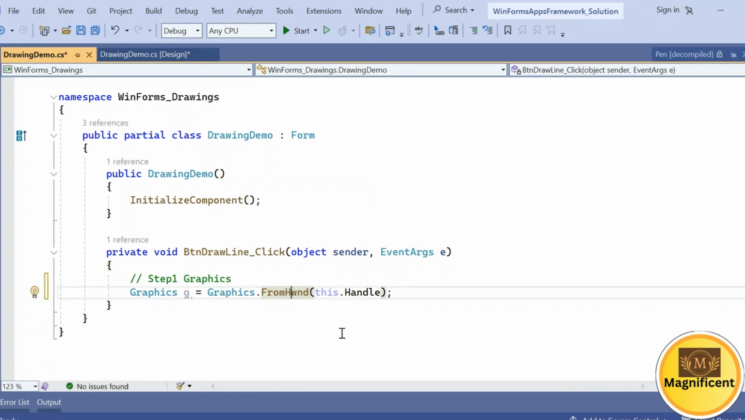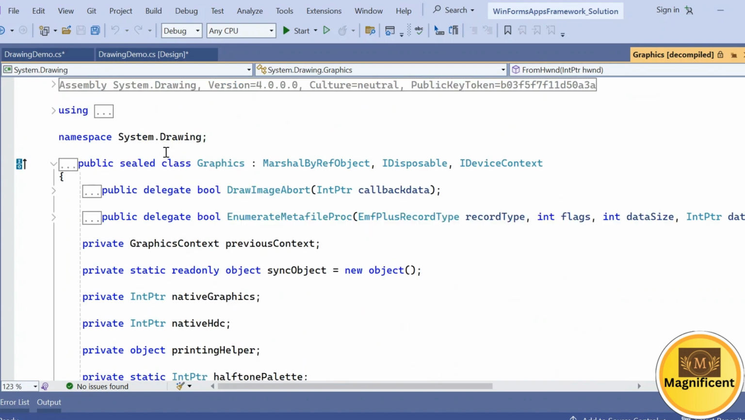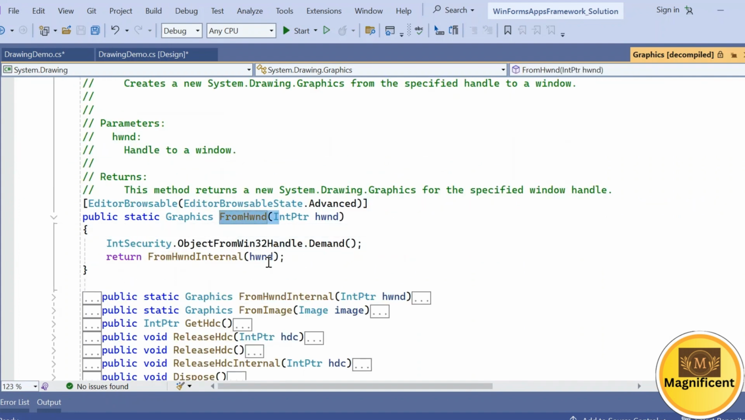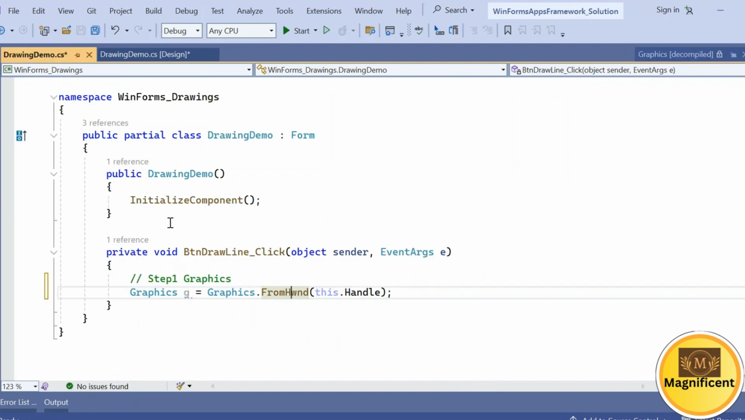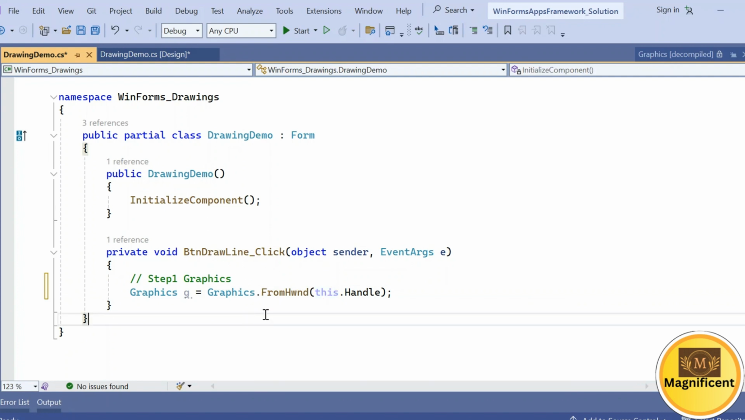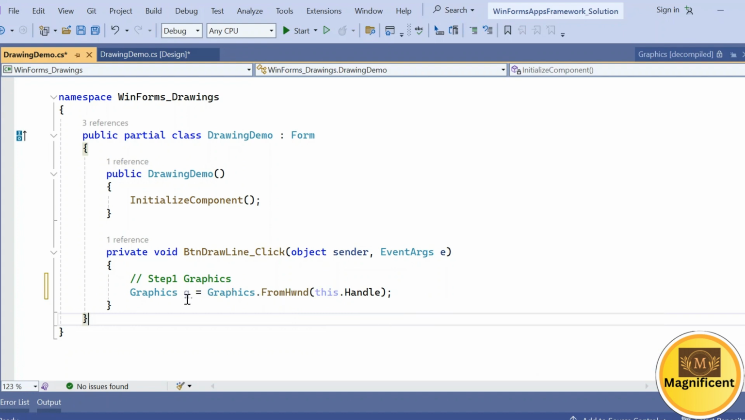FromHwnd is a static method in the Graphics class, which is part of the System.Drawing namespace, and this namespace is available in System.Drawing.dll. To FromHwnd we have to pass the specific window handle. Here the this keyword represents the object of the current class, so I am passing this.Handle, the pointer of the current class, to this method. Now once the graphics is ready,